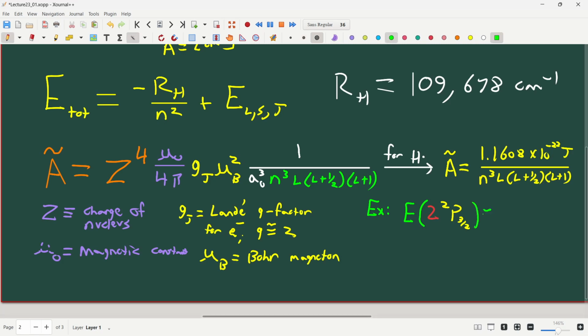And this is from NIST, is 82,259.285 wave numbers. All right, so that's the state where L equals 1, the P angular momentum adds constructively with the spin, the 3/2 state. And then the 1/2 state, the one where they subtract off each other,